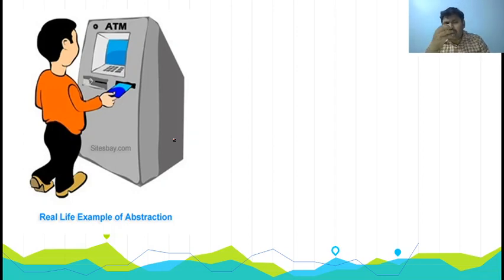These background operations happening inside are not at all relevant for the user. His requirement is just to put in his debit card, enter a PIN number, and withdraw the money. That is nothing but abstraction. Complex problems can be easily solved by using abstraction, by showing only relevant information to the user.